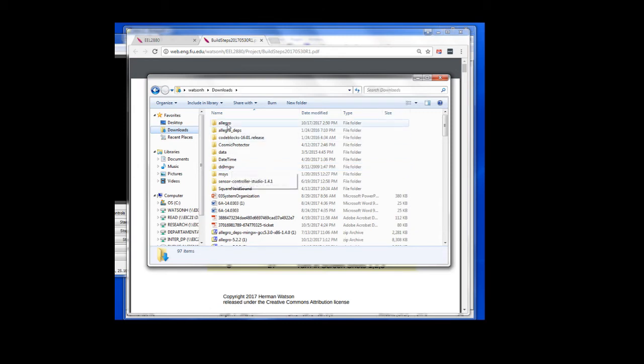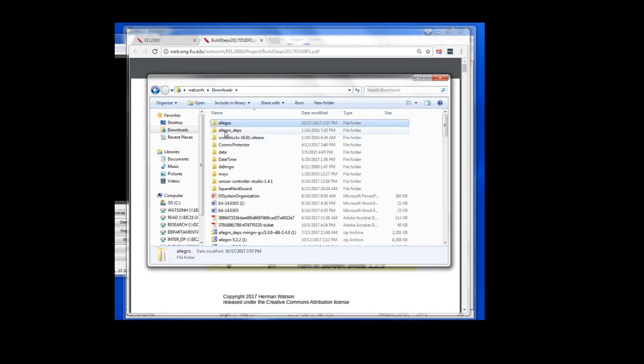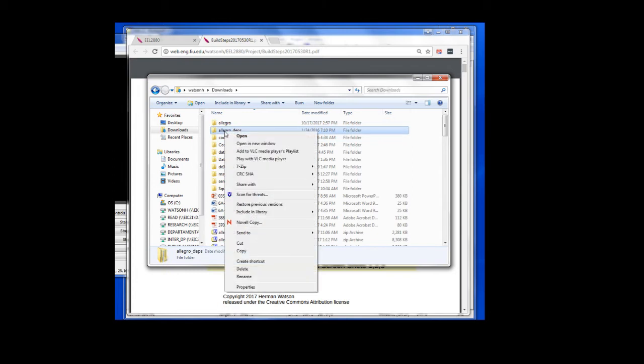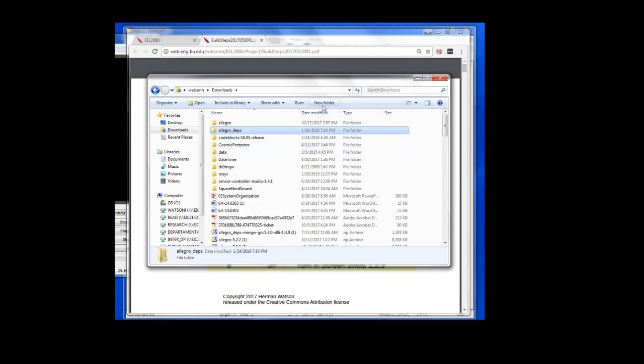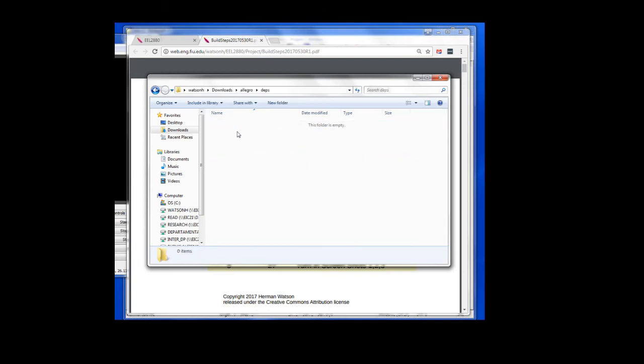Okay, we need to go into the Allegro folder and make a new folder called Build, where the program will be built. We need to make another new folder called Deps, and this is where the dependencies will go. If we go back up to the Downloads, I'm going to copy Allegro Deps,